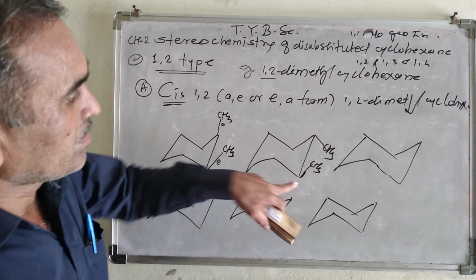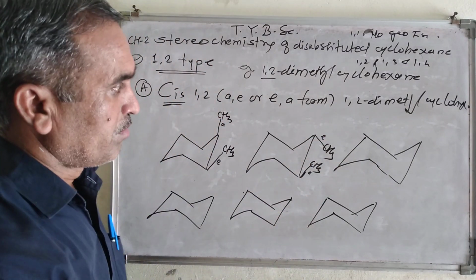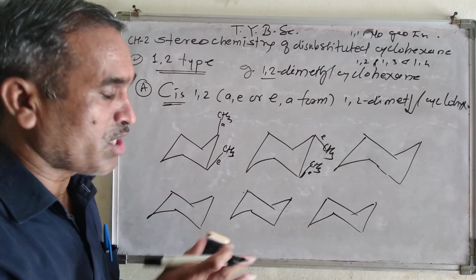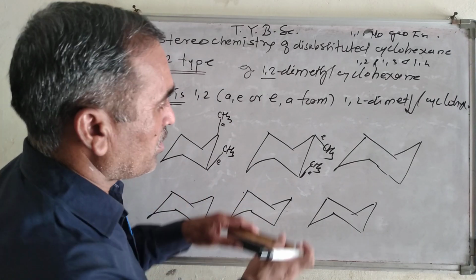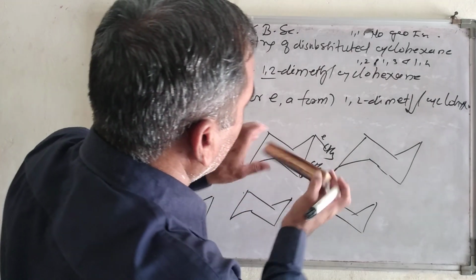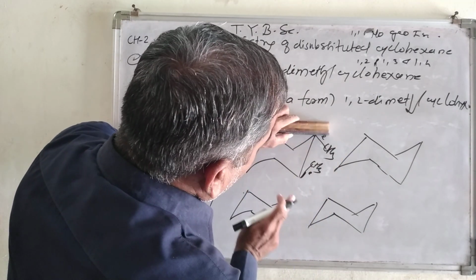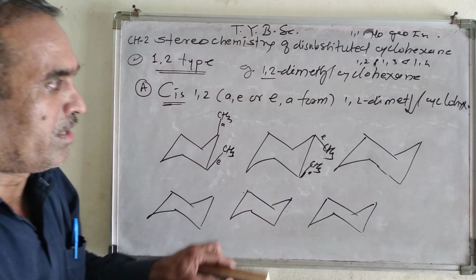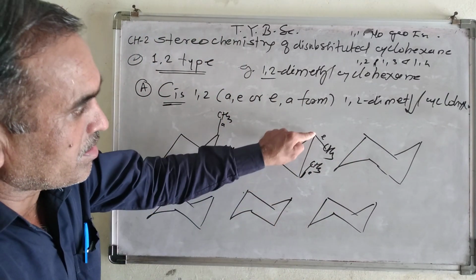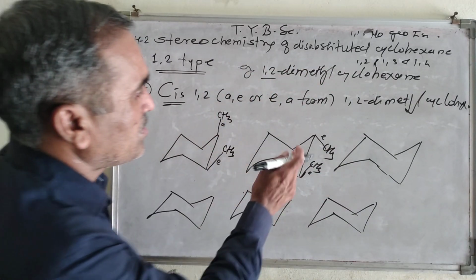This one is equatorial, this one also has equatorial. But whether it is a cis or trans, how do I know it is a trans? Because I am putting a duster here, suppose. Well, what do I see? That methyl group is below the plane, this methyl group is above the plane, and therefore this is a trans. One is below the plane, one is above the plane, and therefore this is a trans